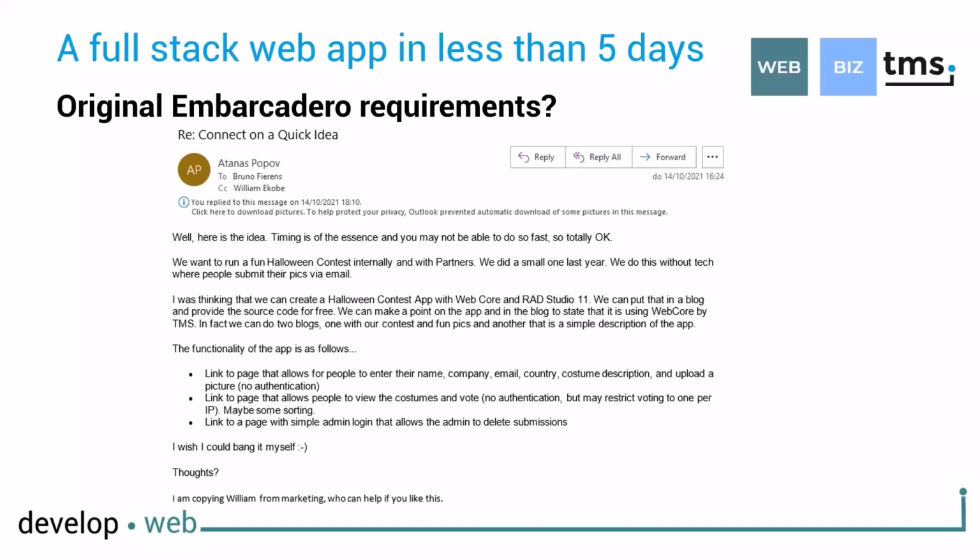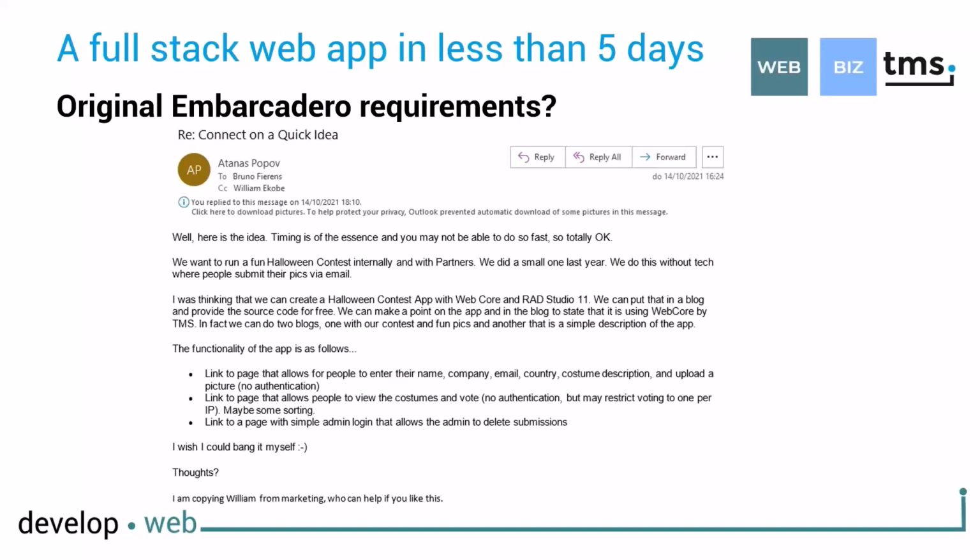I asked what he thought about this idea, if it was realistic and feasible at all to create such an application in such a short time span. And the answer was that maybe it was possible,